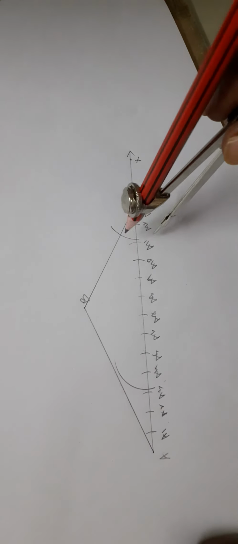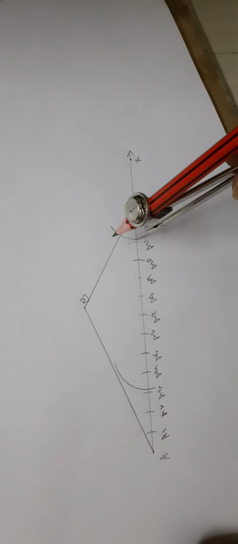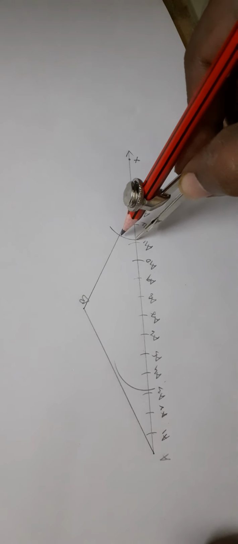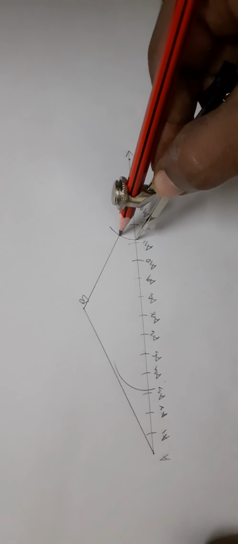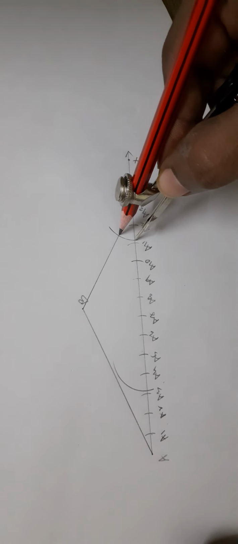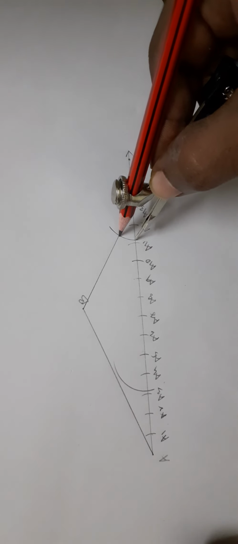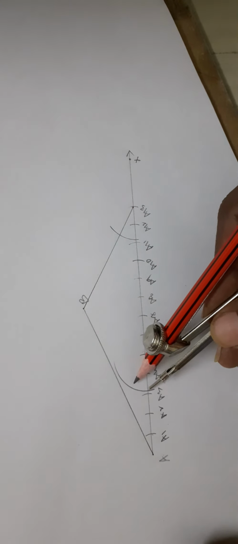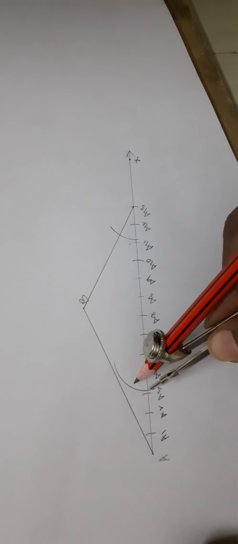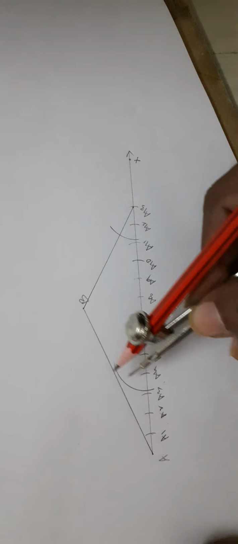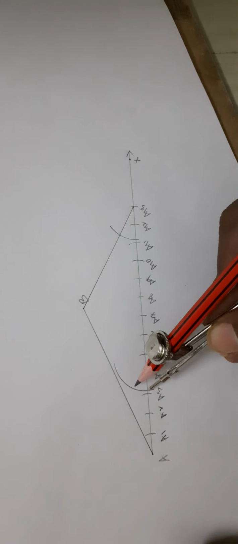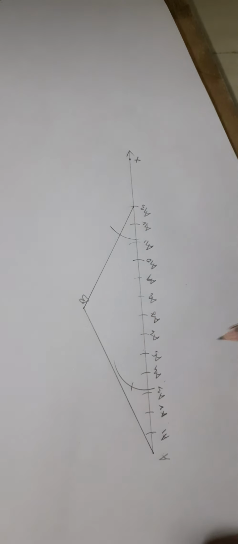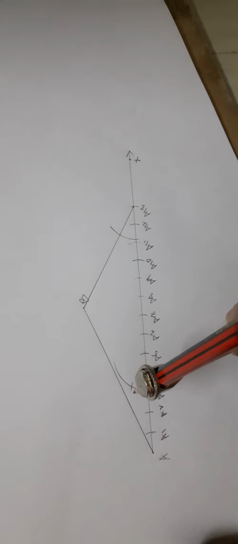Now measure this arc by compass, by keeping the compass here and up to this, wherever this arc is intersecting that A13B, like this. You can adjust the compass according to the measurement. Okay, now with this radius, put your compass here where the arc is intersecting this AX. Here we drew one arc. That arc is intersecting this line at this point somewhere. Keep your compass there and draw an arc like this, intersecting like this.